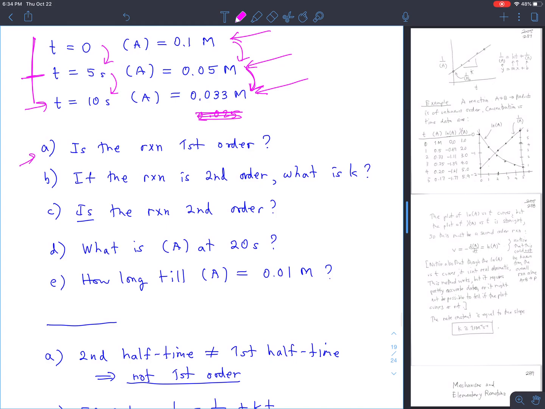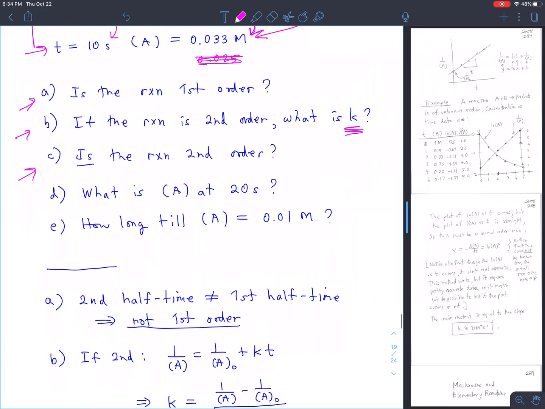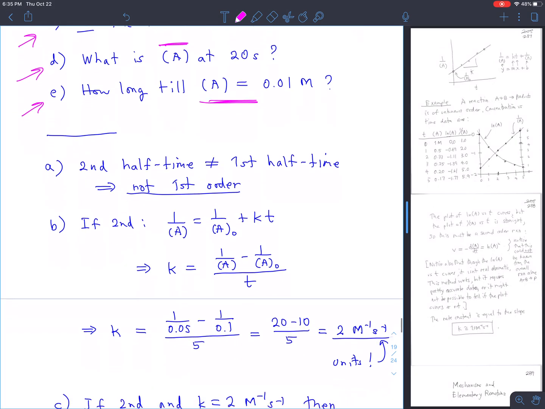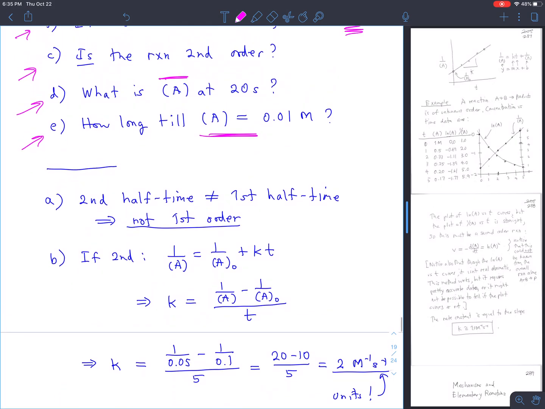So is this a first order reaction? If the reaction is second order, what's the K value? Is the reaction second order? Can you really tell or not? What is the value of the concentration at 20 seconds? How long will you have to wait until the A concentration has fallen to 0.01 molar? So first of all, for the first one,